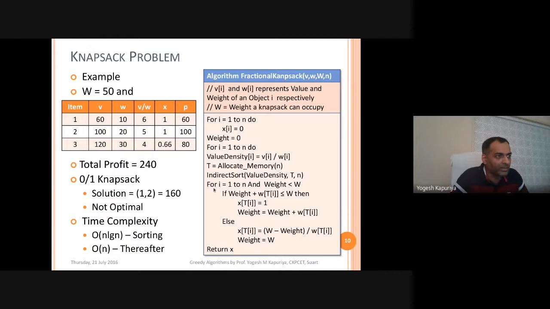That means the time complexity of this loop is also big O of n. So this is n, this is constant, this is n, this is n log n, and again this is n. If you add all these together, the resultant time complexity will be the maximum of these, that is big O of n log n. I hope the time complexity is clear.